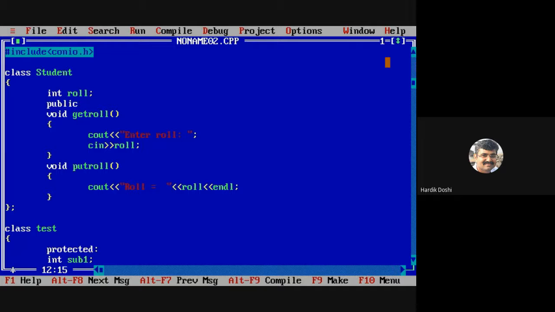But again, for any security concern, keep this protected. That means, can I say these two can be accessible in my next class? Okay. But how will we inherit test? How to do inheritance? Class test inherits protected student. Is it fine?